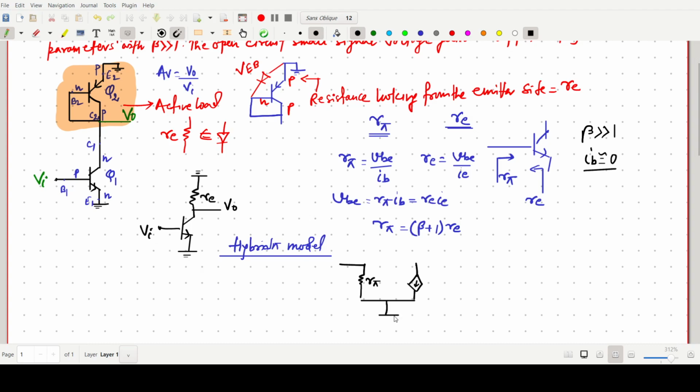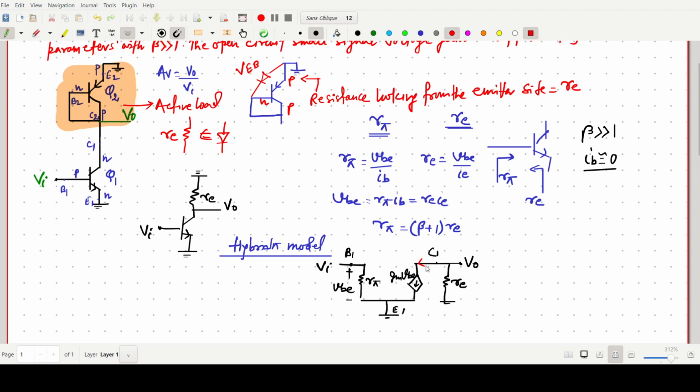Okay, so which one is grounded? For this Q1 transistor, this one is our B1, E1, and this one is our C1, and one resistance is already connected with our RE, and we are taking output from this side, and we are giving the VI. So this value is VBE, which is equal to, and this value is our gm VBE.